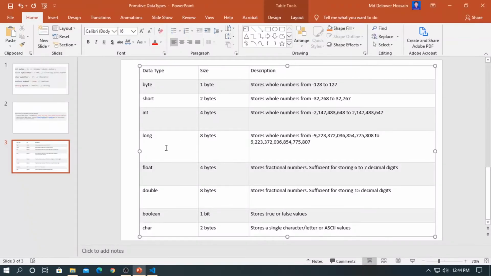Next one is short. Okay, I am skipping explaining this again because I already explained the data type, size, and description. Let's jump to the examples.